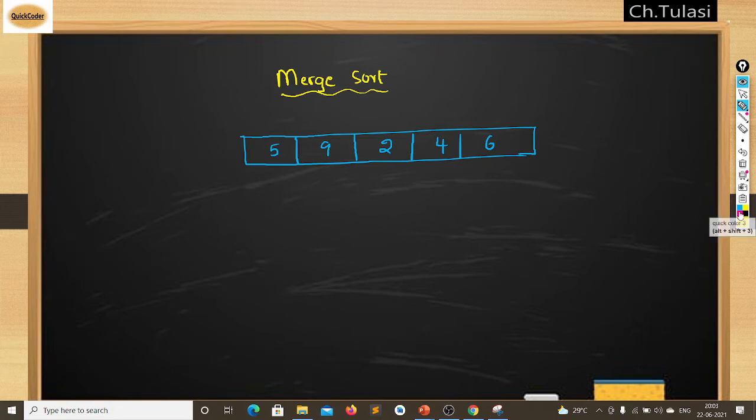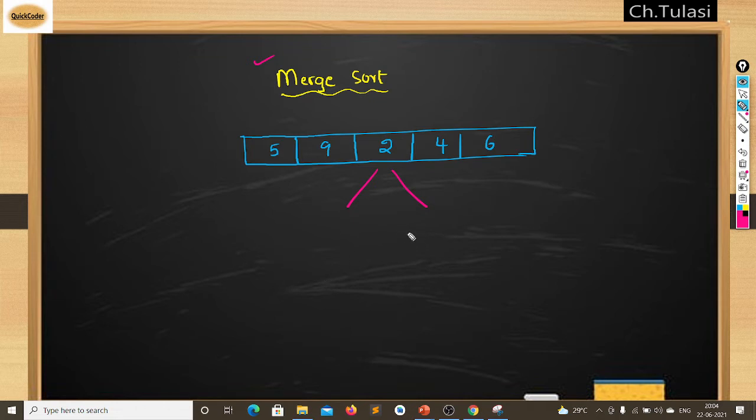Okay friends, today's topic is merge sort. All the students, even I, faced some problems understanding merge sort, because it is implemented using a recursion method. Everyone understands the idea: dividing the array into two parts until each subarray contains only one element, and then merging them again. If I explain this theoretically, it is very easy, but people usually face problems whenever they see the code.